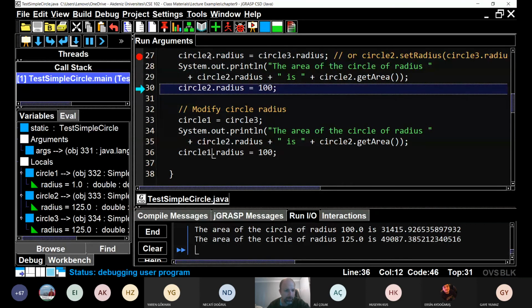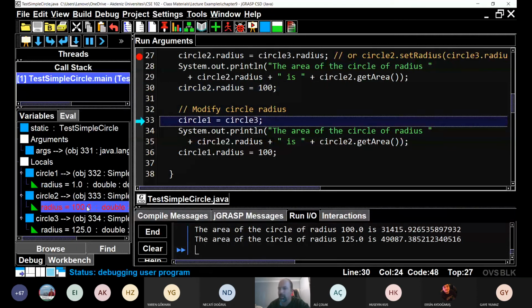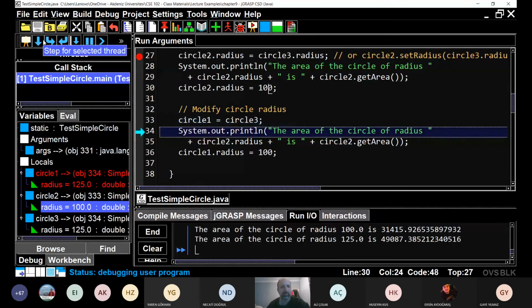So circle 2. We gave it the same value as circle 3, and then we changed circle 2's radius, and circle 2's radius changes. That's what we expect to happen, right? That's what we would expect would occur, right? We changed the circle 2 radius value to match that of circle 3. We did something with it. We printed out the get area. Then we said, okay, change circle 2 back to 100. Okay. Circle 1, on the other hand,